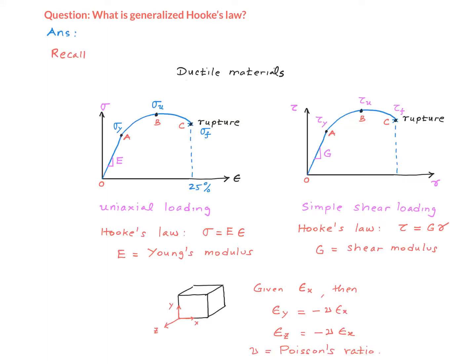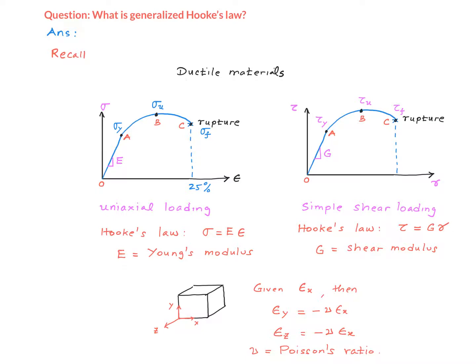The question is, what is generalized Hooke's law? Let's first review where we are now. First, we talked about the stress-strain relationship under a uniaxial loading situation. In this type of loading, the stress is the normal stress and the strain is the normal strain. A typical stress-strain relationship for a ductile material is shown right here. Hooke's law addresses this initial linear elastic segment. Hooke's law says the relationship between the stress and the strain is sigma equals E times epsilon, where E is